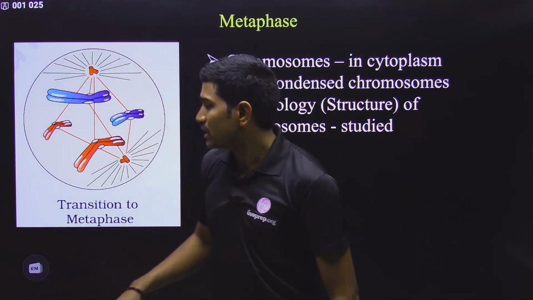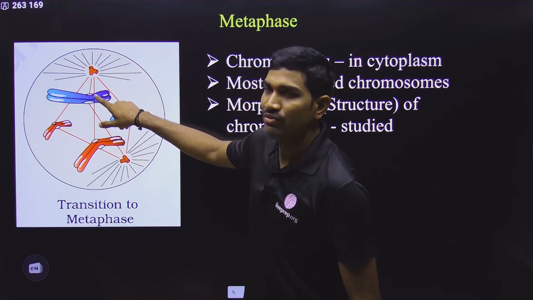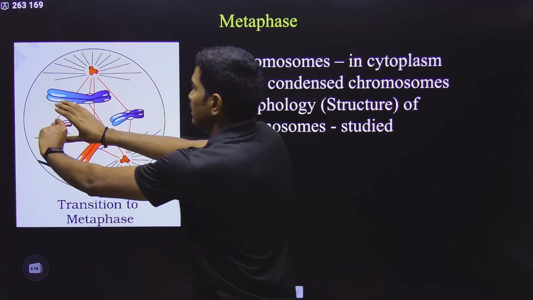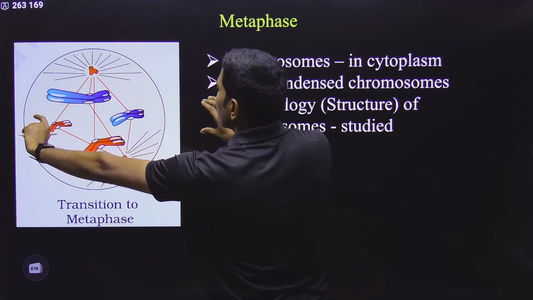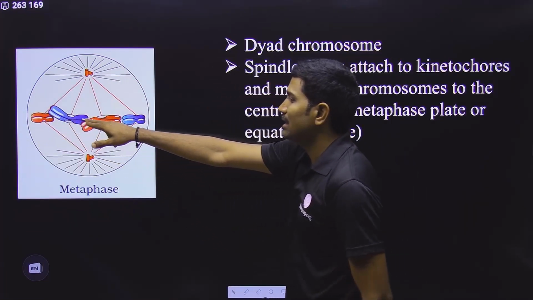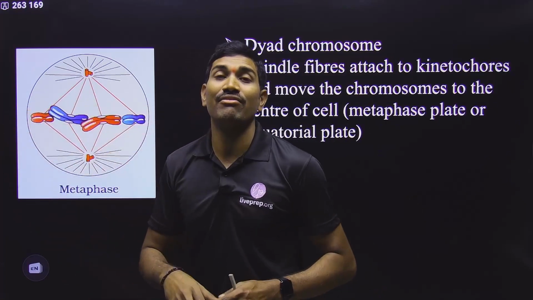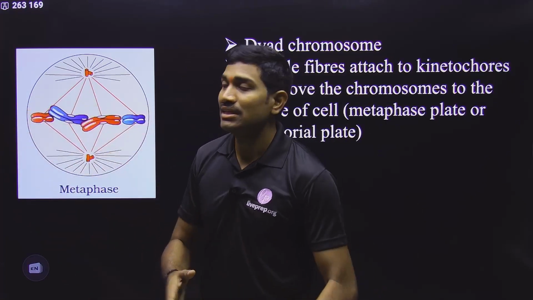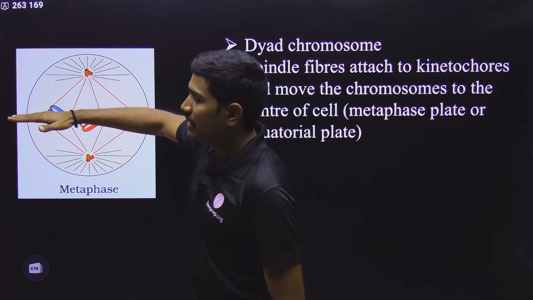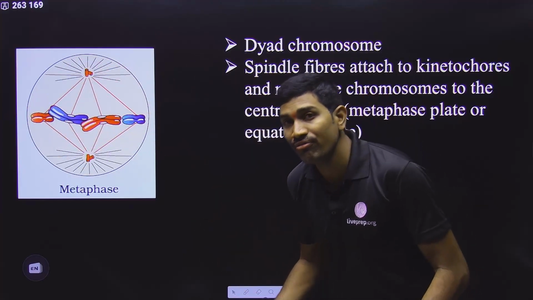And in the metaphase, what else is happening? Spindle fibers attach to the kinetochores of the chromosomes, and all the chromosomes are aligned side by side. This particular location is called the metaphase plate, or equatorial plate. So all these chromosomes will be aligned at the center of,